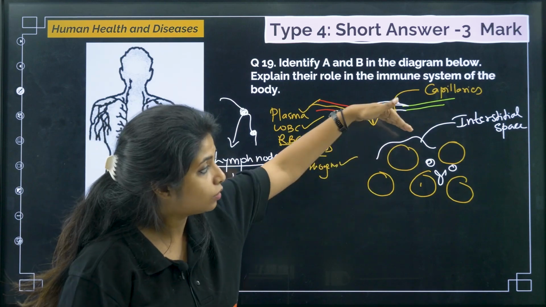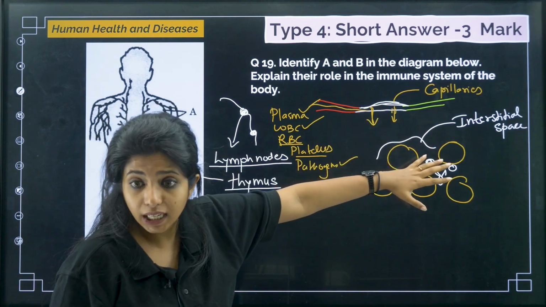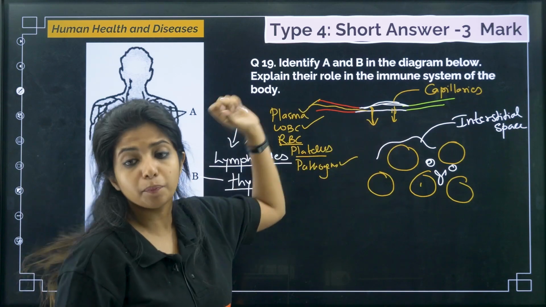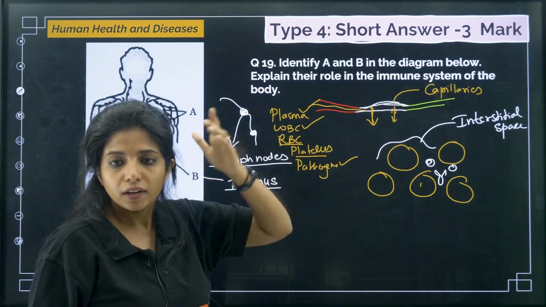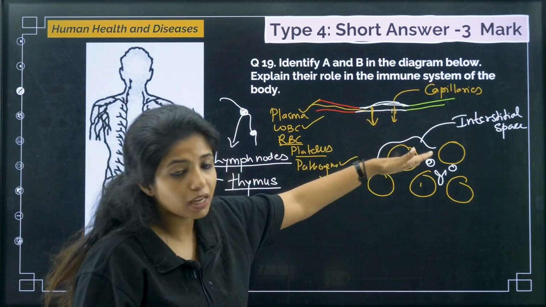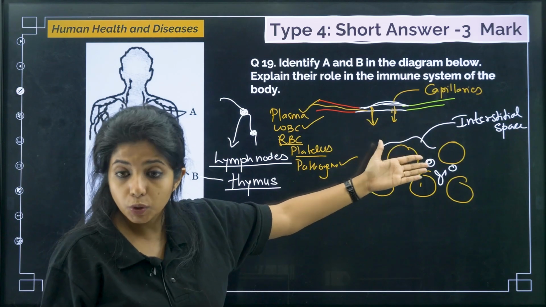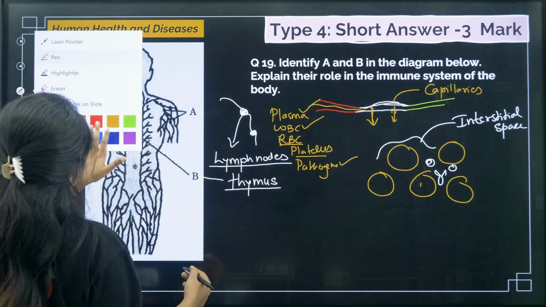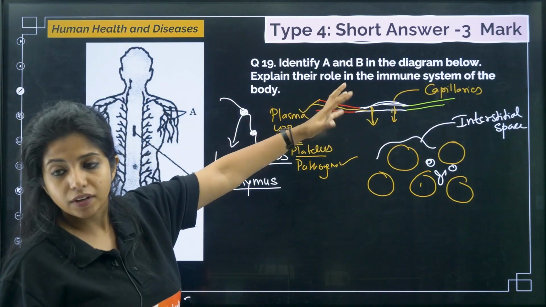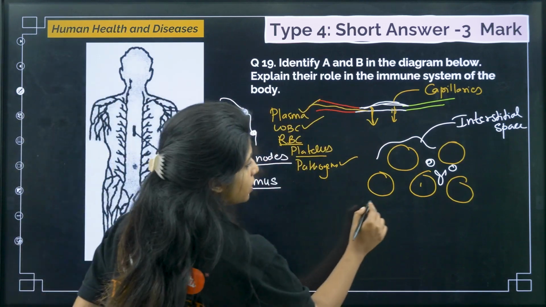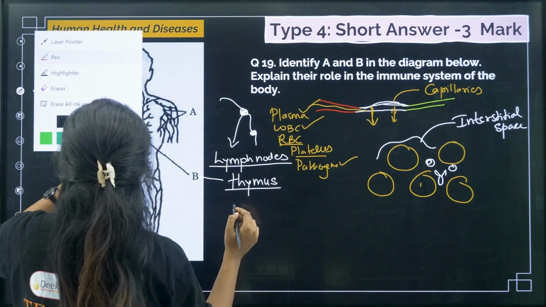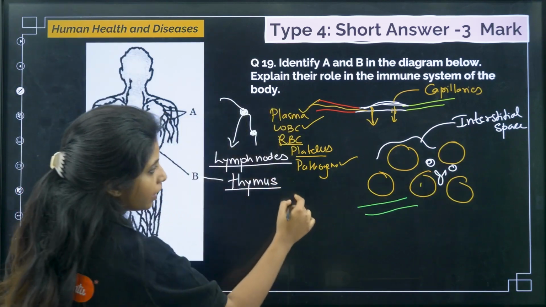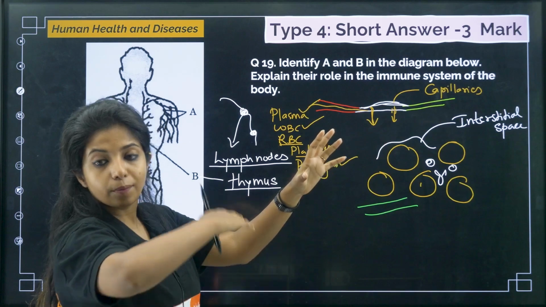Do I need the fluid over here? No, I do not need it over here. It's a leakage that has taken place. I have to give it back. And obviously, one more thing: if it stays over here, it will cause inflammation. So what do I do? I need another blood vessel. These are the normal blood vessels that I have, arteries, veins and everything, but I need another vessel which could take all this fluid inside